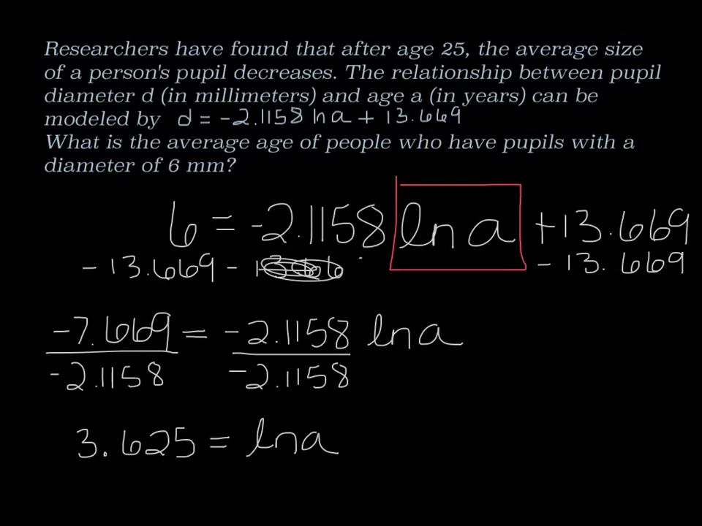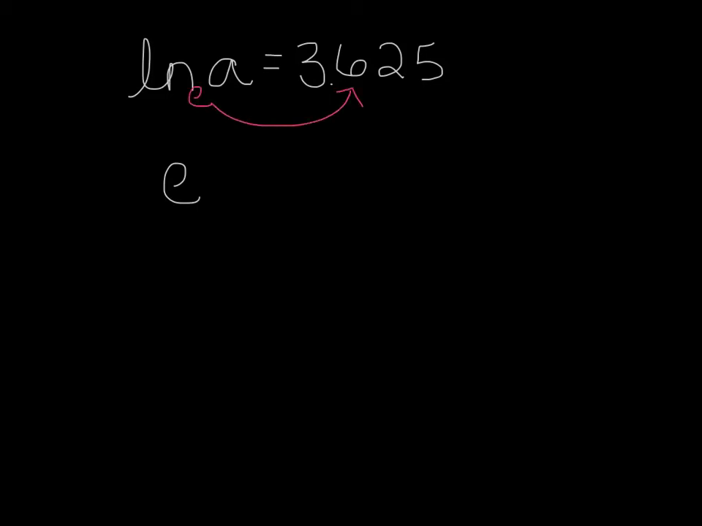And I'm going to go on to another page so that we can see. I want you to rewrite it with the natural log first. Natural log of a equals 3.625. That way you can see it in log form and rewrite it in exponential form. So the base on the natural log is e. You're going to raise it to the 3.625 power and then equals a. And e raised to this 3.625 power you can do in your calculator, and you get